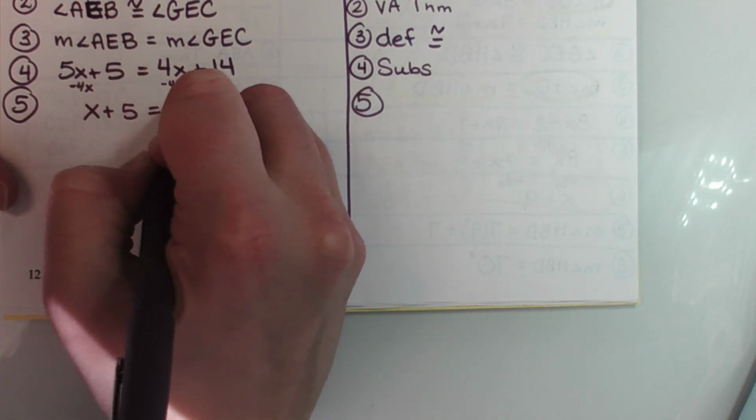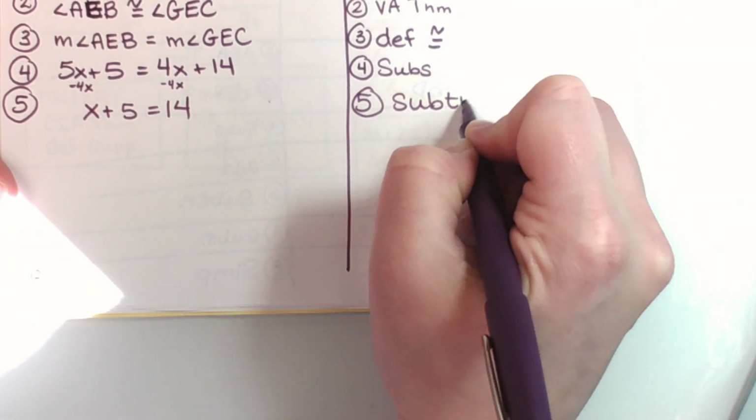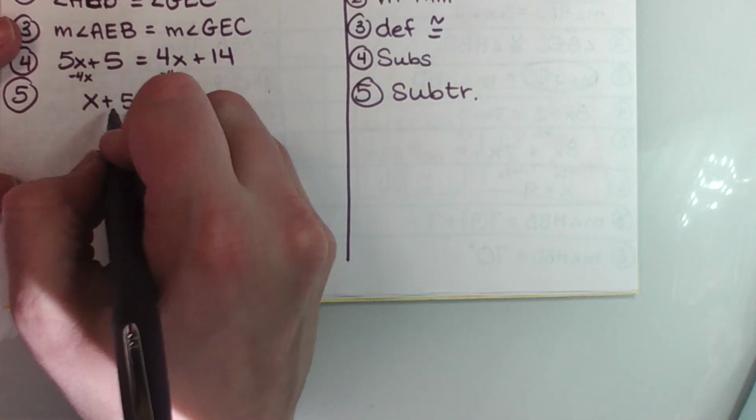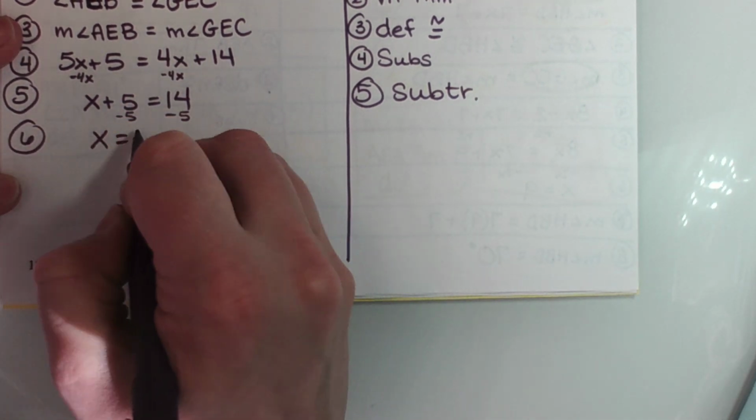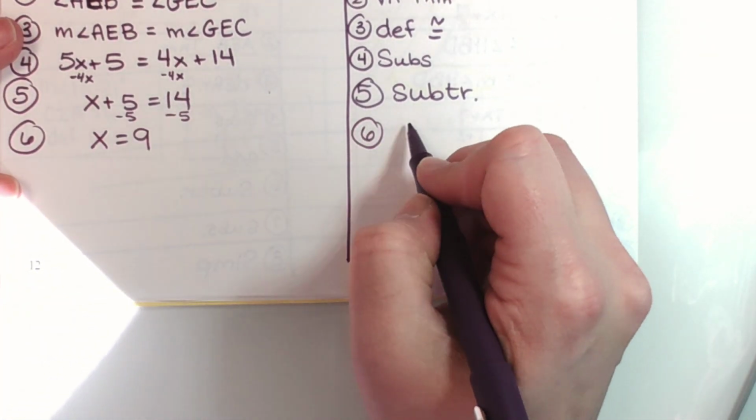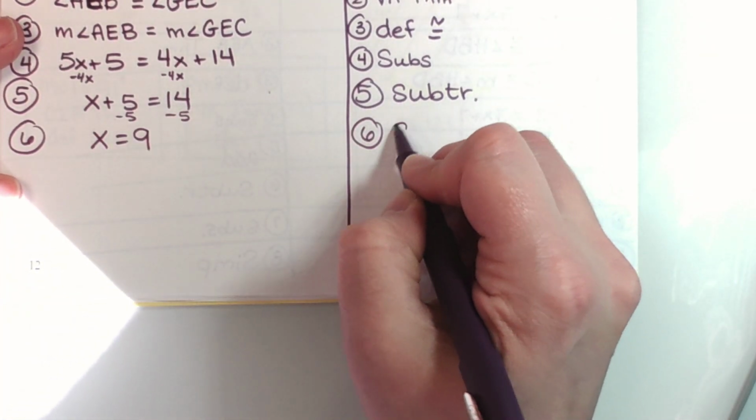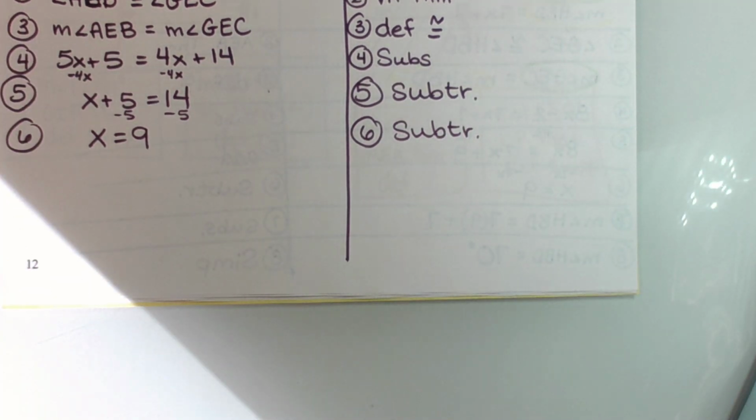X plus 5 equals 14. I subtract it. Minus the 5. X equals 9. Minus is not actually minus, it's subtract. I'm not done yet because